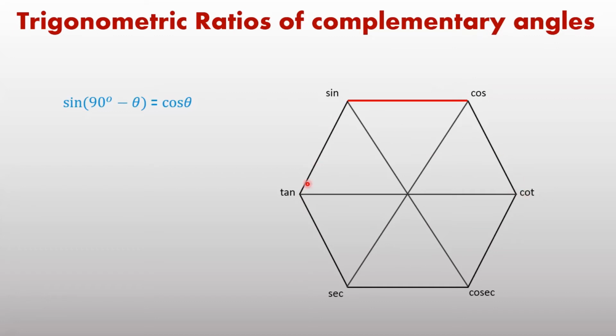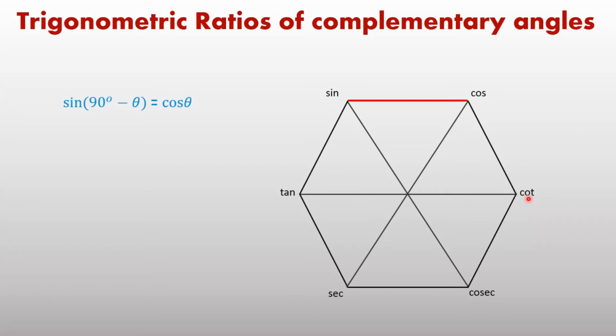Then opposite of tan is cot, reciprocal of tan is cot, reciprocal of sine is cosec, and reciprocal of cos is sec. It implies, as we have covered in the previous video, using the hexagon we can write tan theta equal to sine theta upon cos theta, cot theta equal to cos theta upon sine theta, sine into cosec equal to 1, cos theta into sec theta equal to 1, tan theta into cot theta equal to 1. This part we have covered in the previous video.